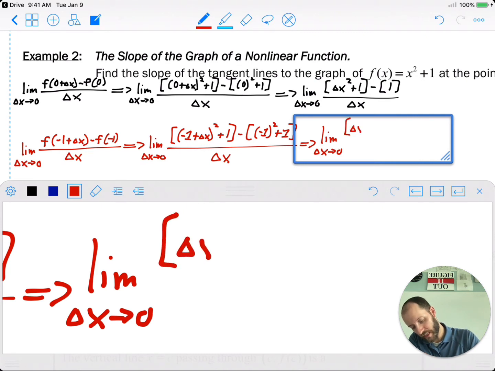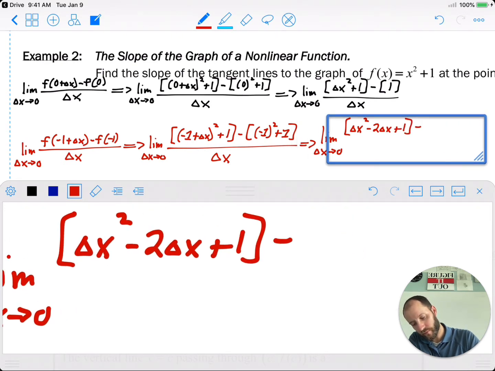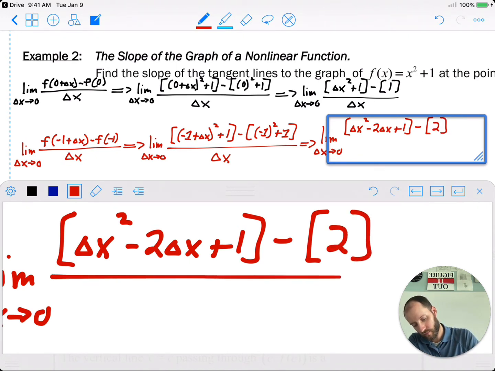That would be delta x squared minus 2 delta x plus 1. Second set of parentheses, -1 squared is 1, plus 1 is 2, all over